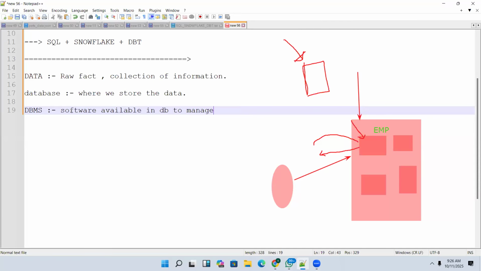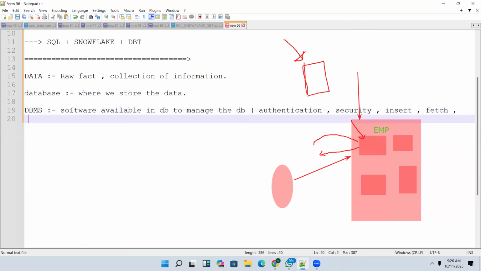To manage the DB. What type of management? I'll just give a few examples, like authentication, security. And also if you want to fetch, meaning take the data, or if you want to insert or update, whatever you want to do inside the database, you can do with these softwares, guys.